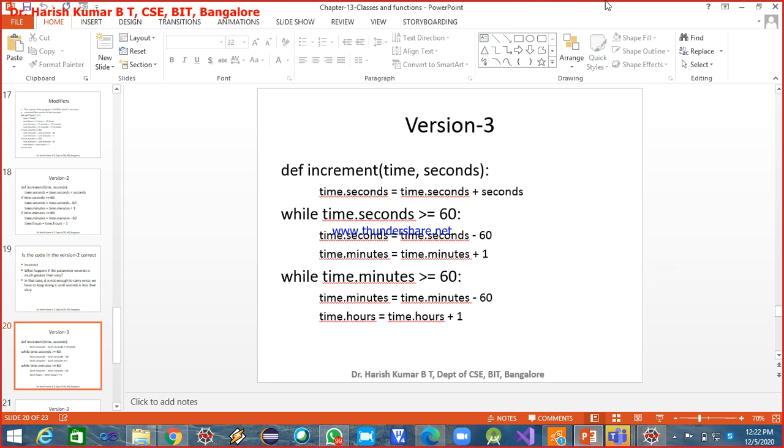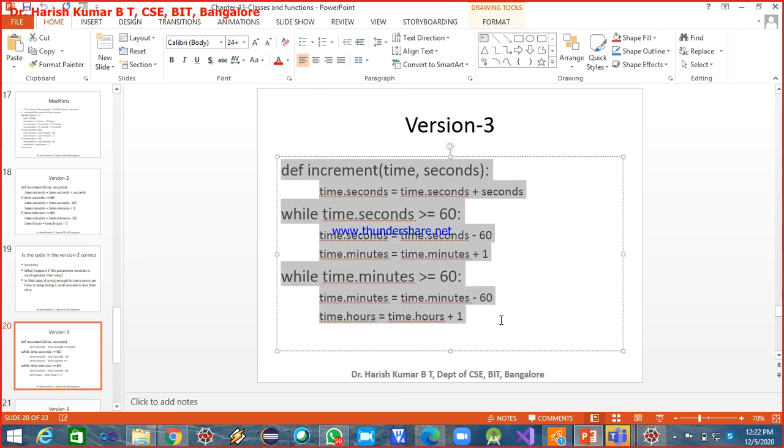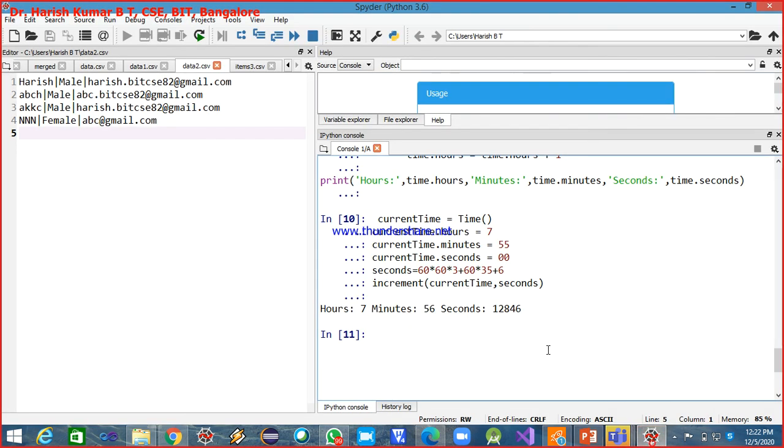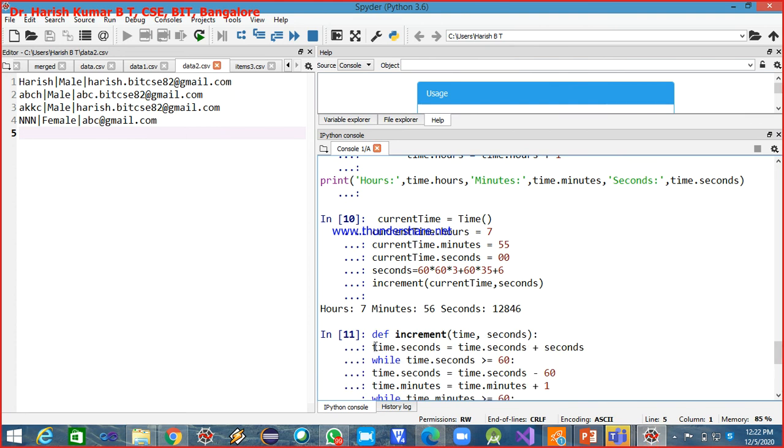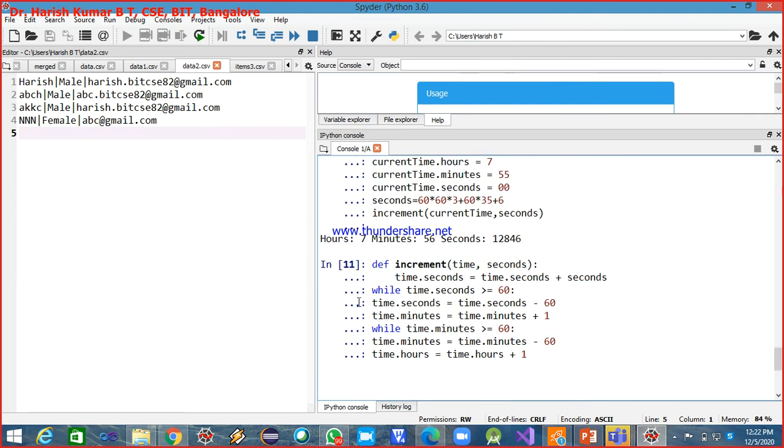Now the third version. I'll just go for updating the definition of increment, and the rest all will remain the same. These two will come under the first while.